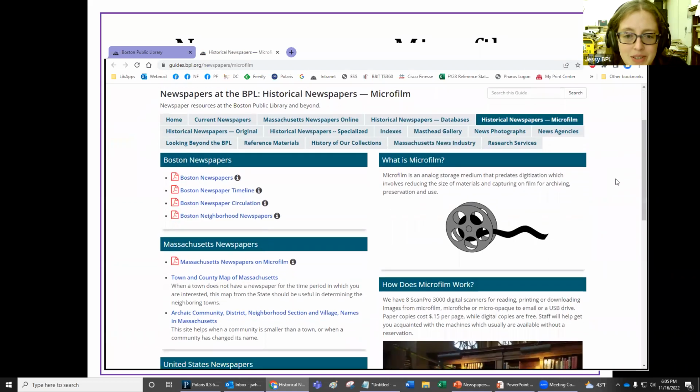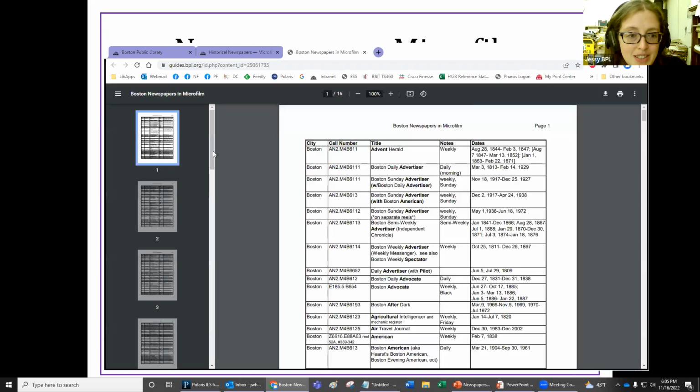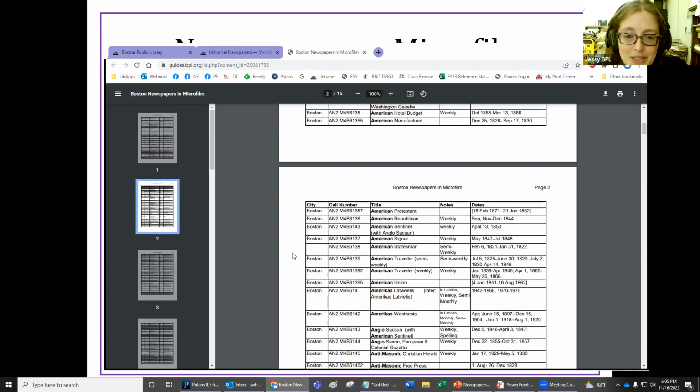Here we go. So we have several PDF lists here that will tell you what we have. We're going to take a look at the Boston newspapers, and you can see this list is 16 pages long. These are just the Boston newspapers, which represents just a small part of our collection. We have quite a lot. How this list is organized, you'll have the call number in the